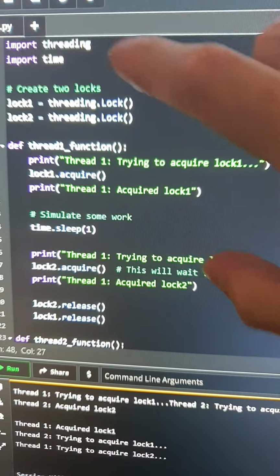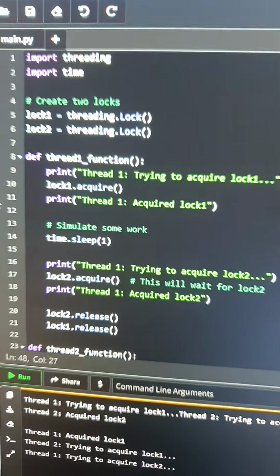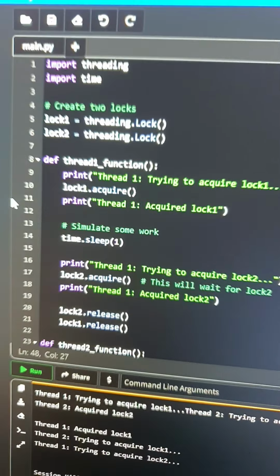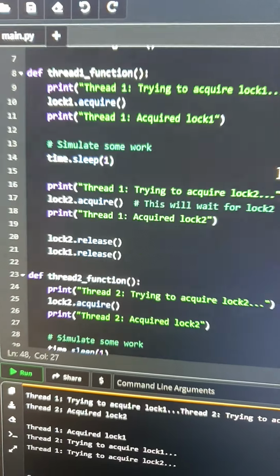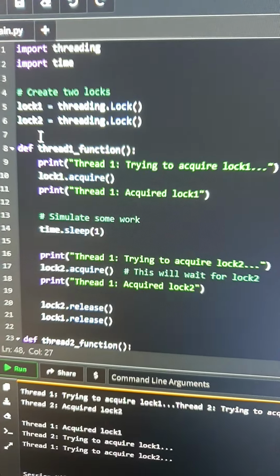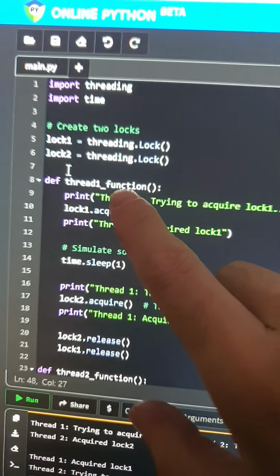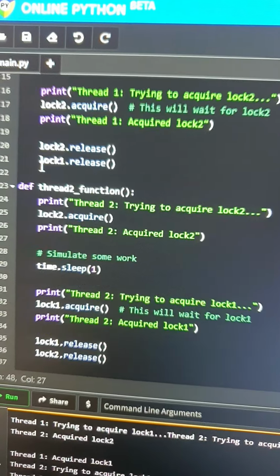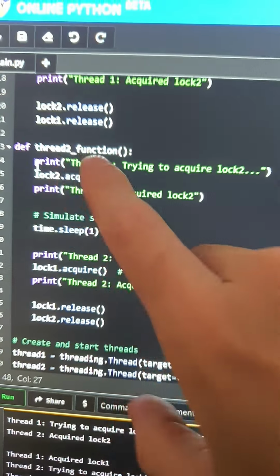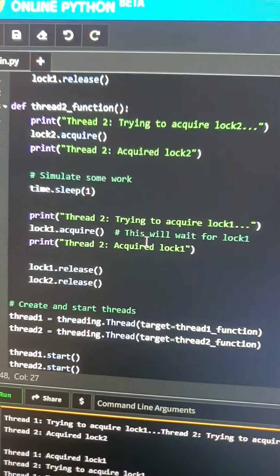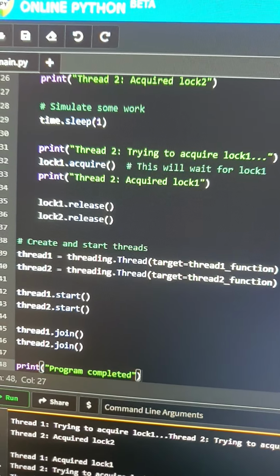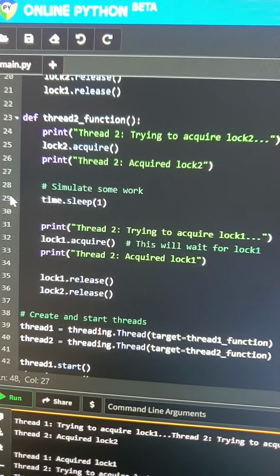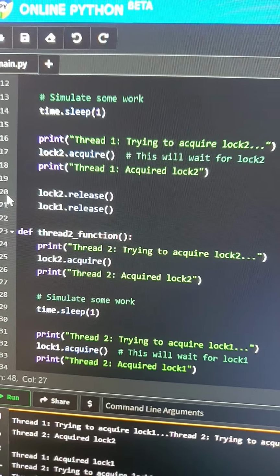Okay, so let's look at a deadlock situation. What we are seeing here is code that has a deadlock, and you see that we have two functions: a thread function called thread1 function, and the other thread that will work simultaneously, thread2 function. Now this code will create a deadlock, meaning that each process needs something from the other process in order to